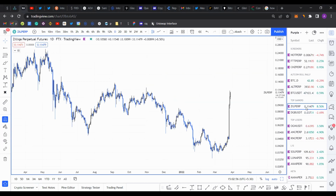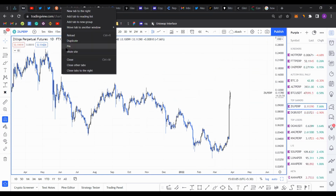Today we're going to be taking a look at the top gainers, top losers, and what you can expect from these coins. But before we actually get into the technicals of the stuff,